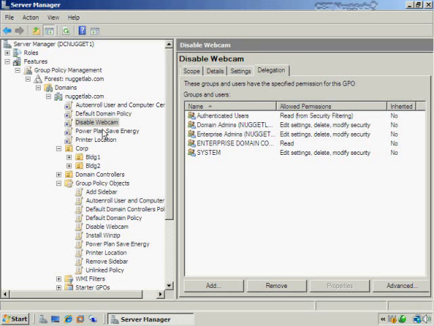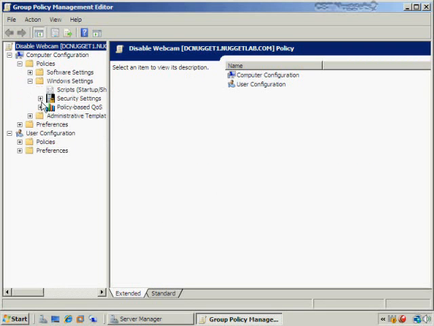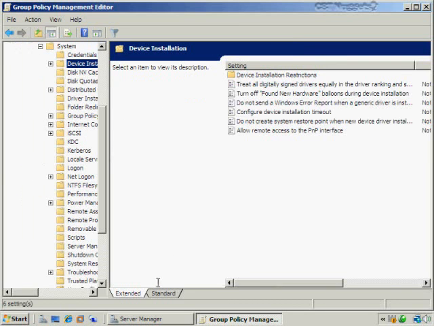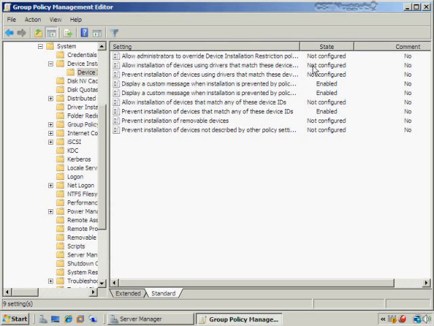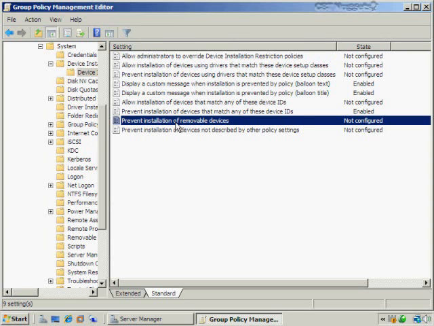Other things that you could do is to go into the policy itself, and if you look at it a little bit more specifically, you'll see that there are also various settings in this. If I get down into the settings here, under device installation, and back to device installation restrictions, you can allow administrators to override device installation restriction policies. So maybe I don't want Sweaty Freddy to look for Russian brides on the internet during his lunch break, but maybe I do. So I could exempt myself from that same policy here if I wanted to, and I would just enable that policy. I could also say prevent installation of any removable device, such as USB flash drives,